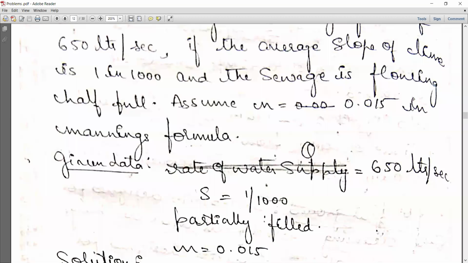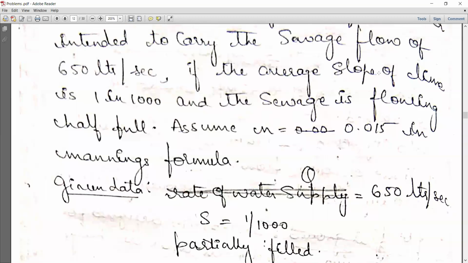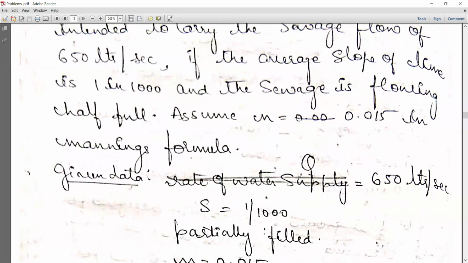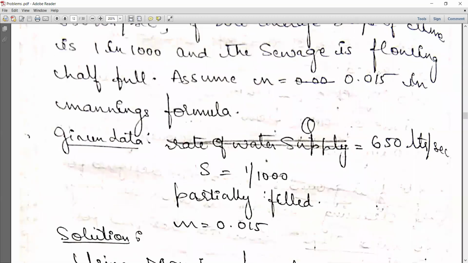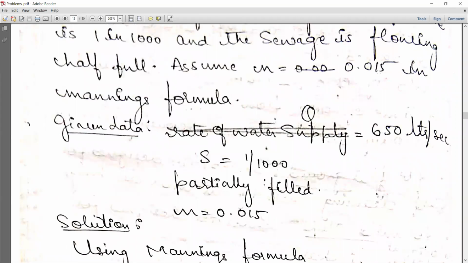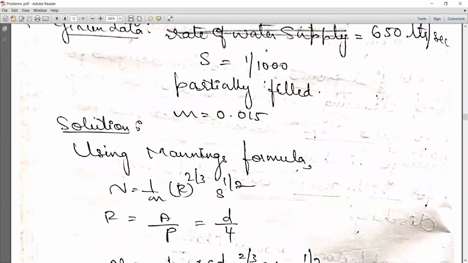Okay. And the slope is given as 1 by 1000, and the sewage is flowing half full. So when it is half full, whatever the area will be is divided by 2. And the Manning's constant is given as 0.15. So you have to use the formula